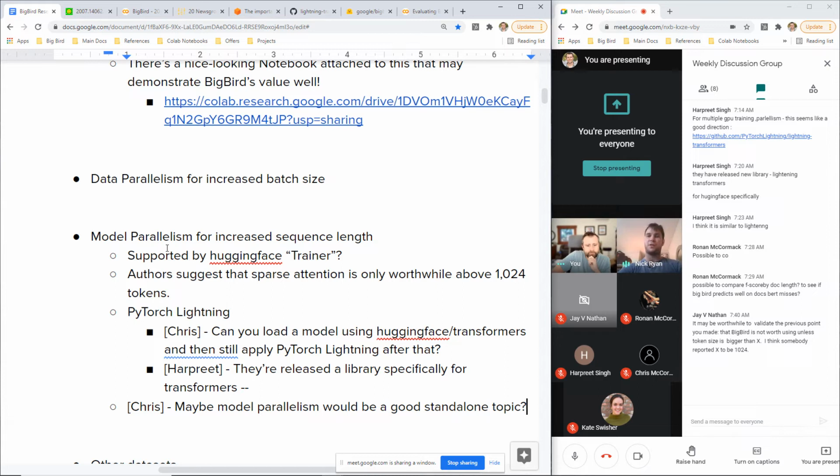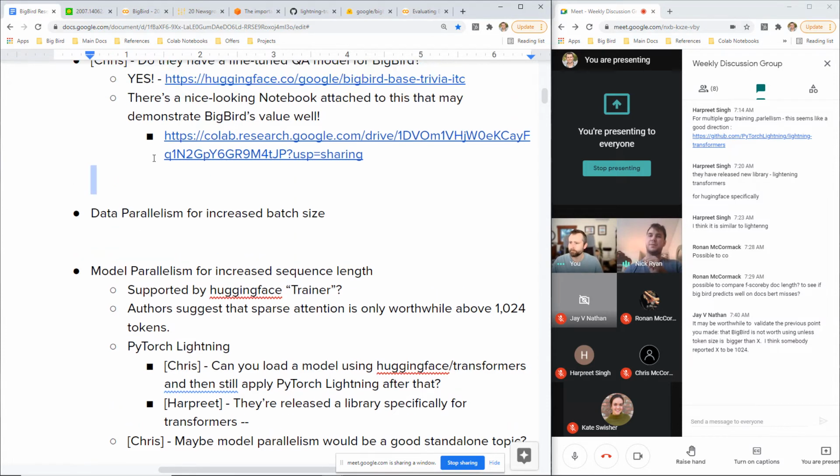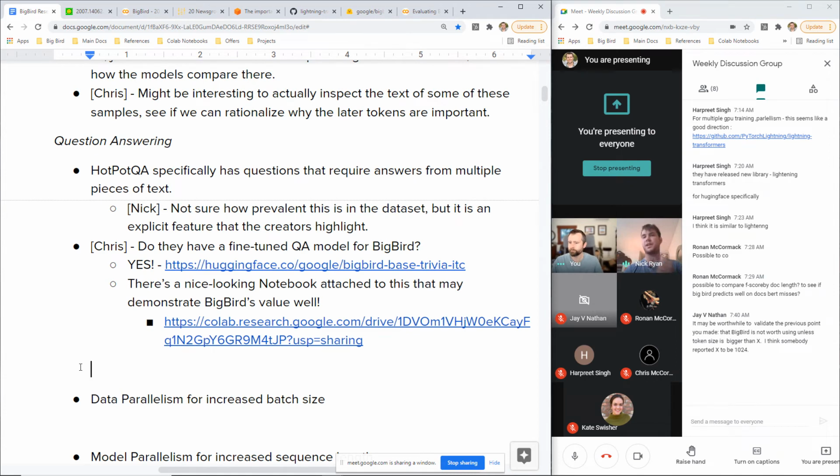I'm also curious what the reasoning is behind someone reporting that 1024, and I think we talked about this last week. Is that either someone did a complexity analysis and they said that time and space complexity wise, this only makes sense if your sequence length is longer than 1024, because the model is